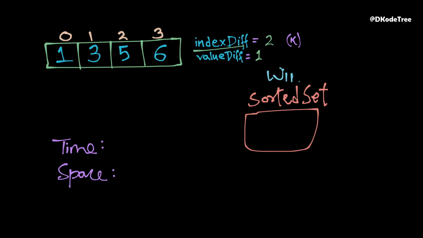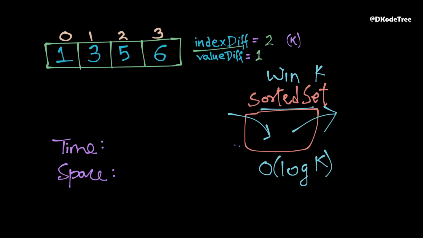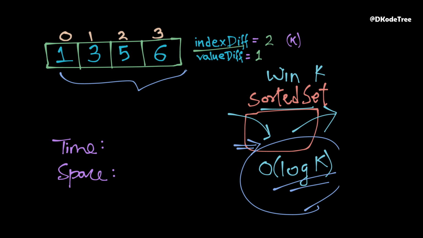So we have our window as a sorted set and each insertion or deletion in a sorted set of size k takes O of log k time. Similarly, each search within the window also takes O of log k time as we are using binary search. And since we do these operations for all the n elements, the overall time complexity becomes O of n